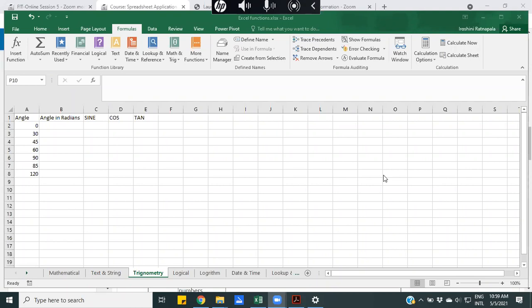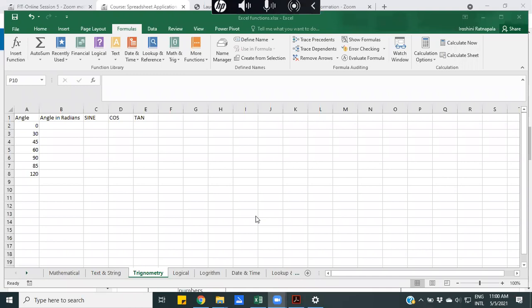Yes, radians and degrees, right? The default unit that we use to measure angle is degree, right? You know, 30 degrees, 40 degrees, 80 degrees, 90 degrees, 120, like that. But in Excel, if we want to use the trigonometric function, you have to convert the angle to radians, right?